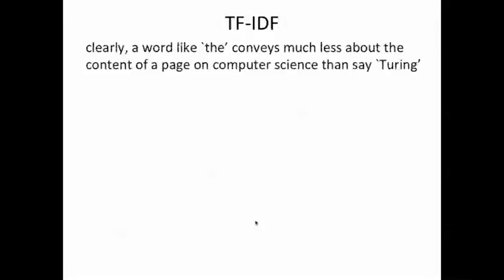Clearly, a word like the conveys much less about the content of some page describing computer science concepts than, say, the word Turing, which is very likely to be on pages about computer science. Clearly, rarer words, that means words which are not that common in all documents, like the, a, and in, make better keywords. Even other keywords like computer might be present in many documents, but they are certainly rarer than the, in, or, etc. So based on the principle that rarer words make better keywords,